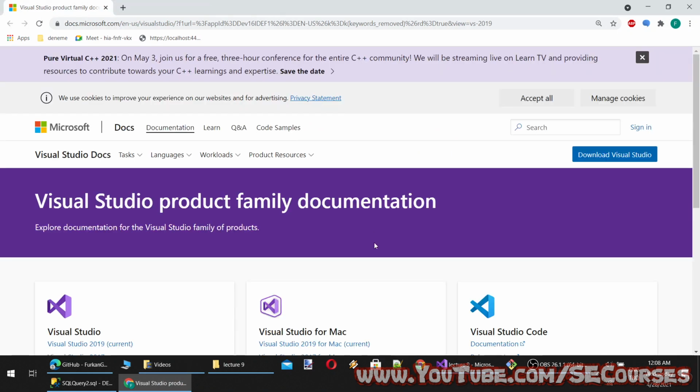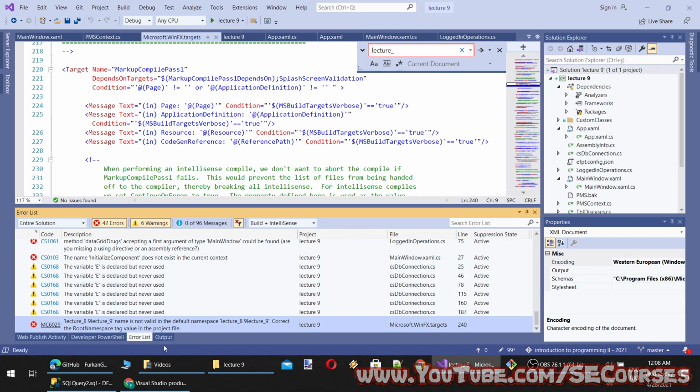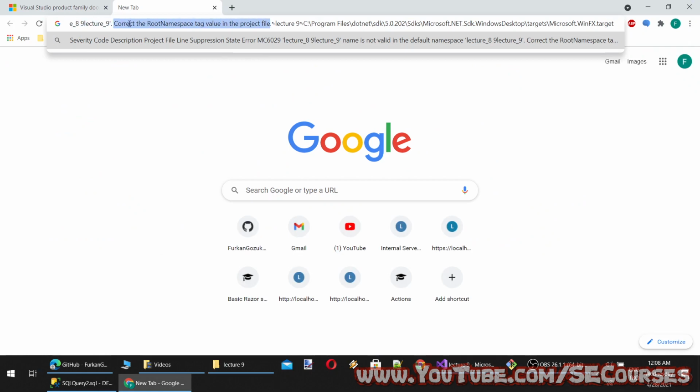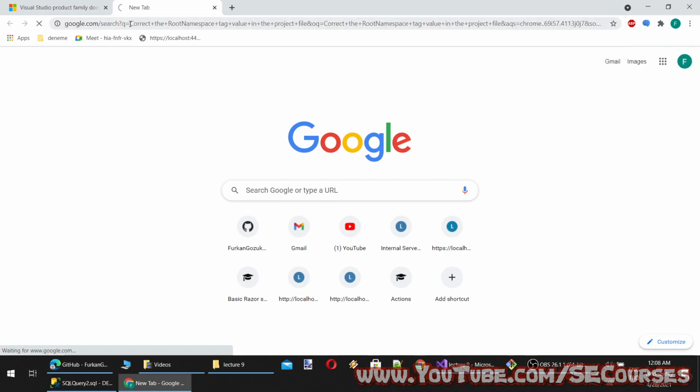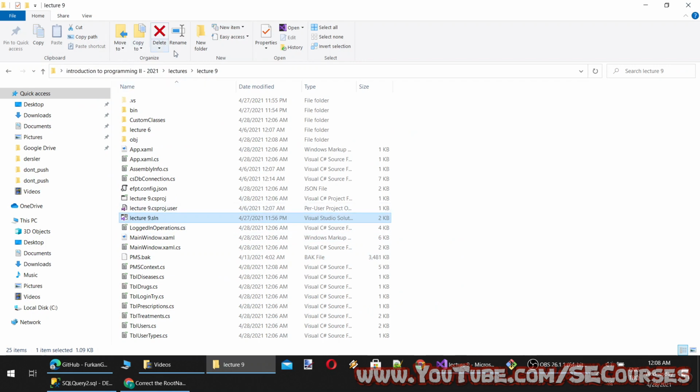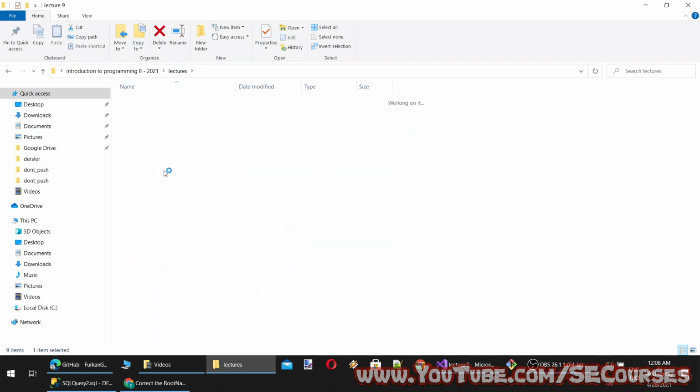Let's open the error. Okay, it says that, oh, it is removed. So let's copy this error and correct root namespace tag in the project file. So it is related to somewhere here probably.